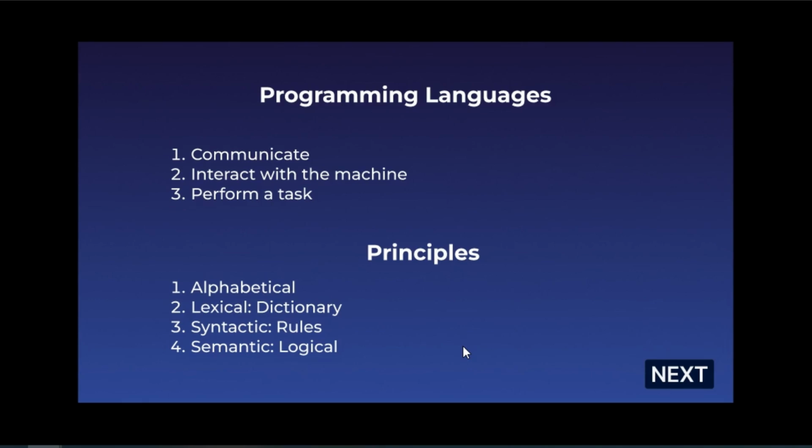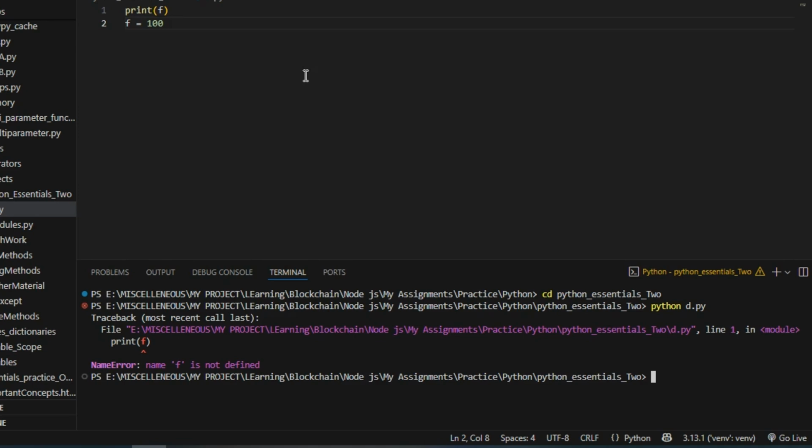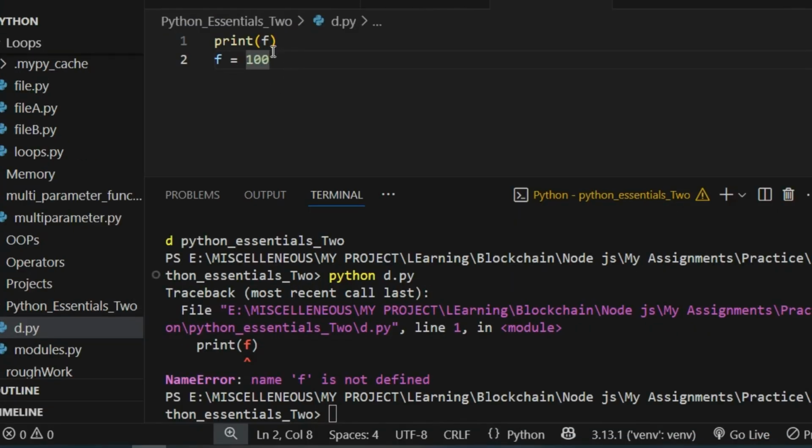If you try to use alphabets with numbers or integers, and you miss out the quotation marks, that wouldn't make sense to Python when you're running it. When you're trying to run or execute the file, it would raise an error, right? Similarly, if you try to print a variable that was defined after the print statement, it would again raise an error.